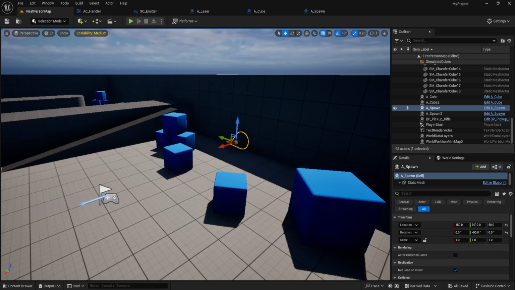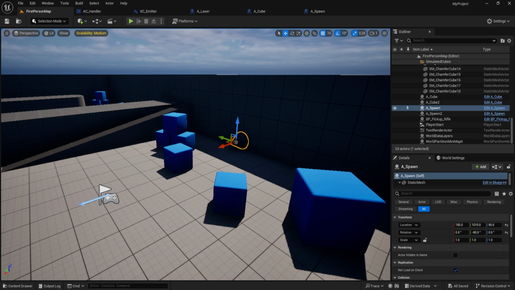Welcome to the third part of my definitive laser series. In this part, we're going to be going over two things. First, or mainly, we're going to be talking about the reflection. So adding an actor that reflects lasers that bounce off of it, as you would expect, a mirror. And the second thing we're going to do, which we're going to do first because it's going to be very